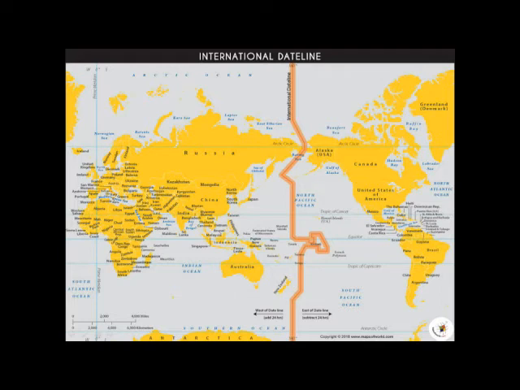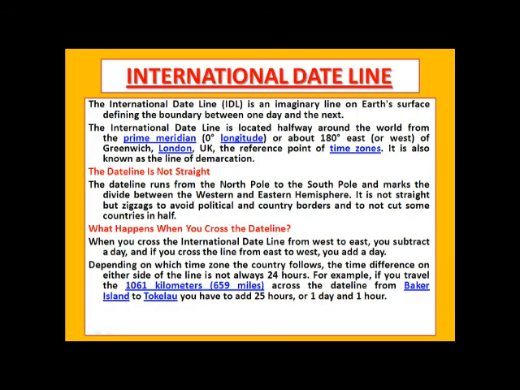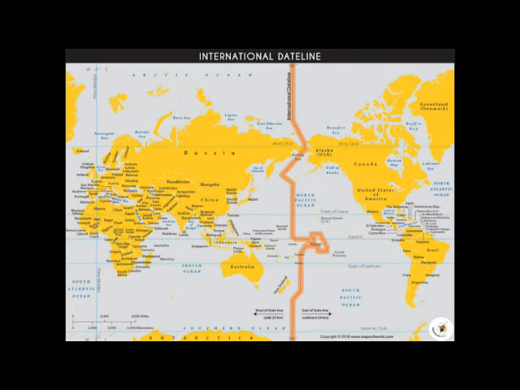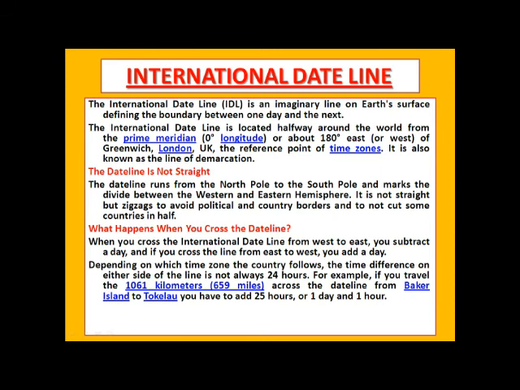See, it is coming from the top to the bottom, dividing it into two halves. Okay, it's not dividing it into eastern or western hemisphere. It is dividing the whole region on the basis of the date, not the time, but what will be the date in a particular region. The date line, as we can see, is not straight at all. So why does that happen? Let's look at that.